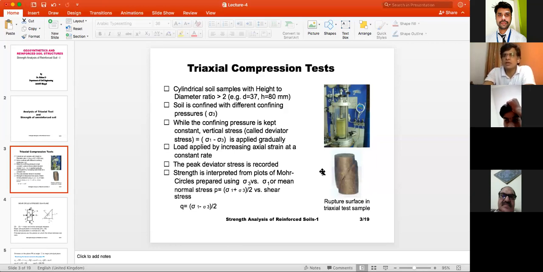This soil is already at a certain depth from the ground level. For example, if you are finding out the shear strength properties of soil at 1 meter depth from the ground level, this soil is already experiencing a certain overburden pressure. Overburden pressure means the soil above the 1 meter depth, which has a certain density. That density multiplied by the depth gives the overburden pressure. So the soil is already containing some pressure.